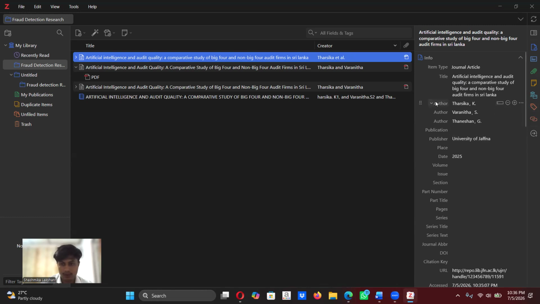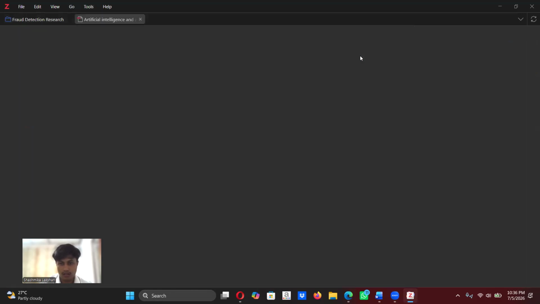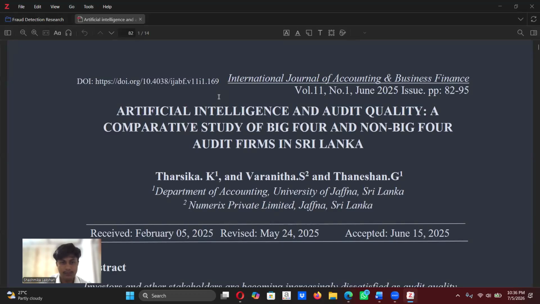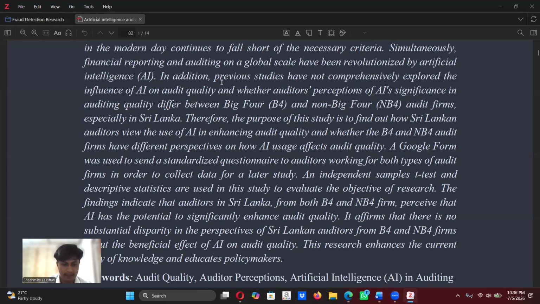I will select the source and go to the tags and name the tag, tag one. Now I can click twice on this PDF and in the PDF viewer, we can see the PDF file.